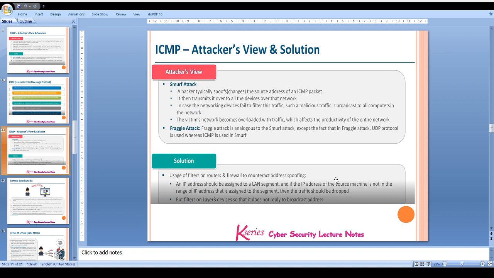Networking devices fail to filter this traffic. Such malicious traffic is broadcast to all computers in the network, and the victim's network becomes overloaded with traffic, which affects the productivity of the entire network. Fraggle attack is the same as Smurf attack, but the only difference is that here it is attacked at the UDP